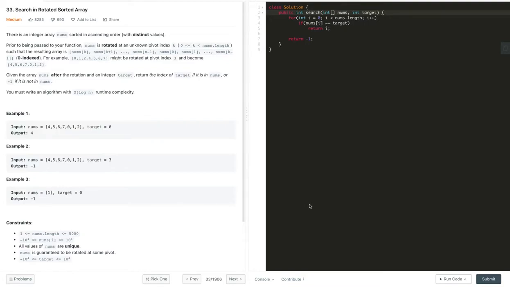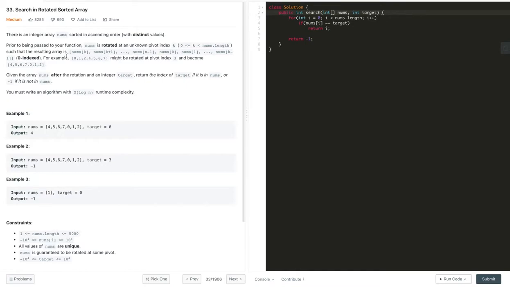Let's solve the LeetCode problem Search in Rotated Sorted Array. This is a very famous problem. You can see the ratio of likes versus dislikes itself, and this problem gets asked in every company's interviews. So let's go through the question and understand the example, then think how we will develop the solution, in multiple ways